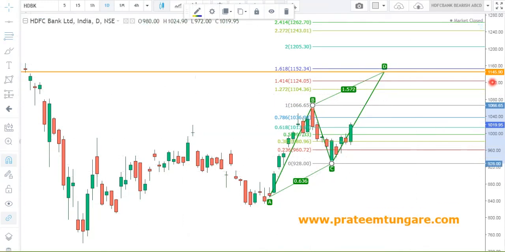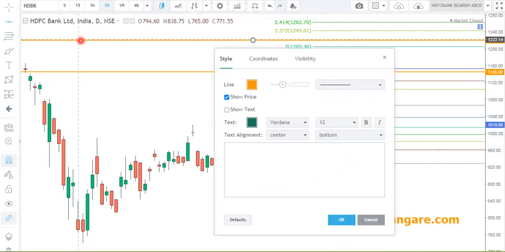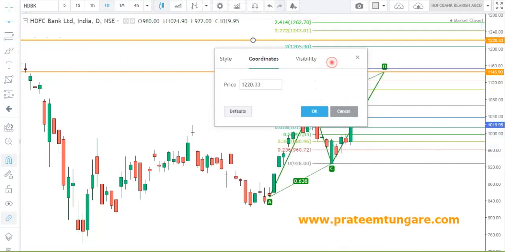Now we will see the very near value to 1145.90. And we get that as 1152.34. It is the nearest value to 1145.90. We will place a horizontal line on 1152.34. This is our second PRZ.